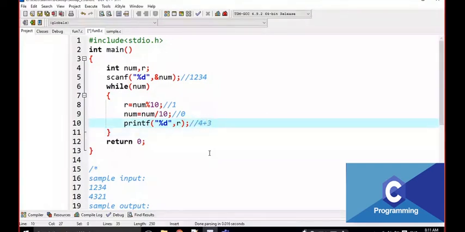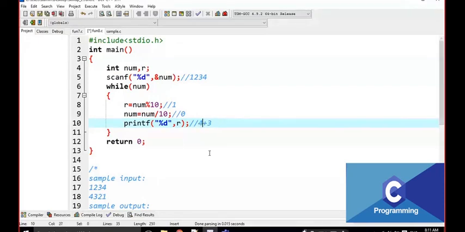Do we have to do anything else here? Any operation? For example, if it is 40 plus 3, it is going to be 43, right? That means we are going to multiply with 10. Yes, exactly right. 4 into 10 is 40, then plus 3 is equal to 43.